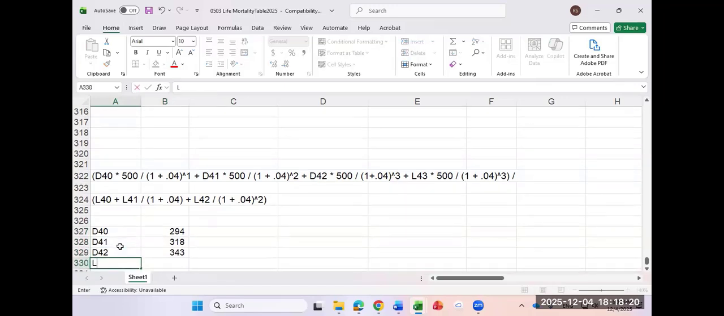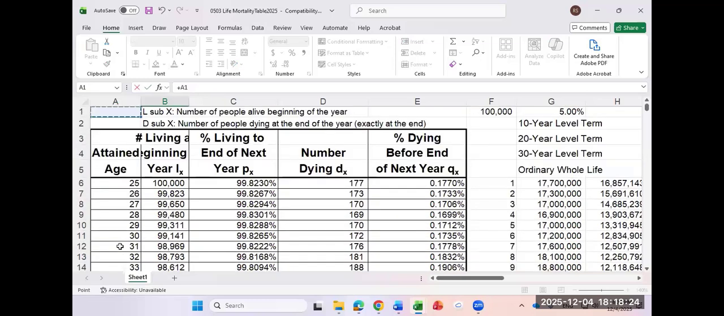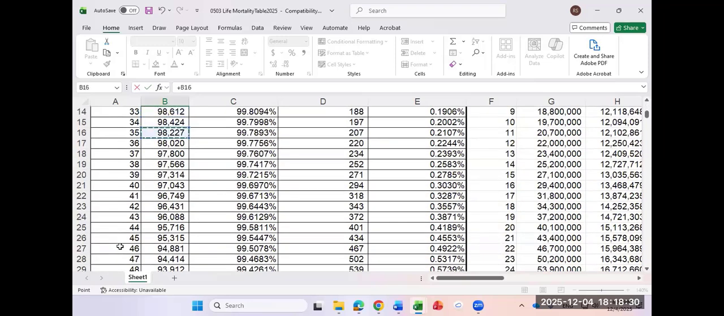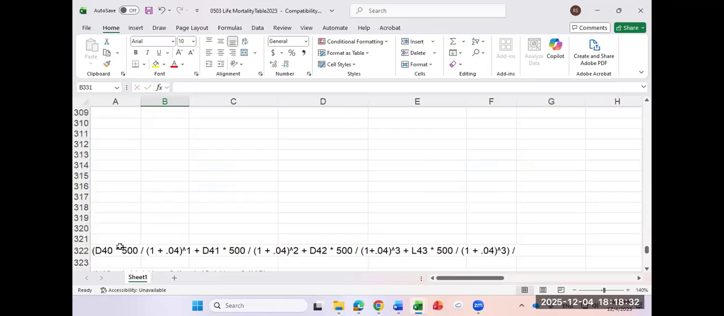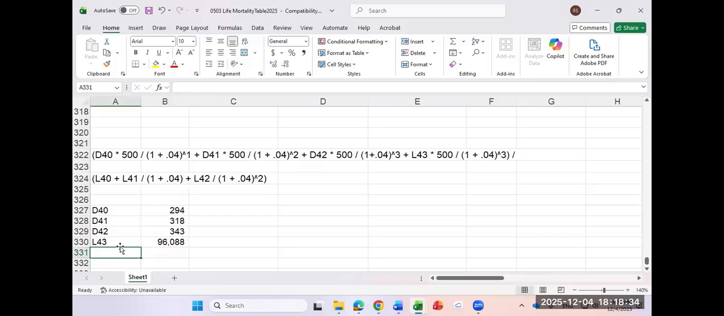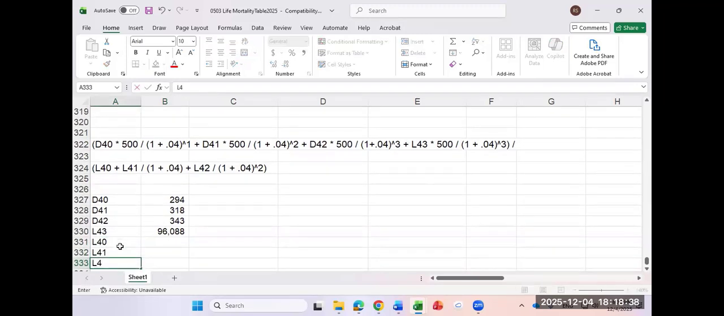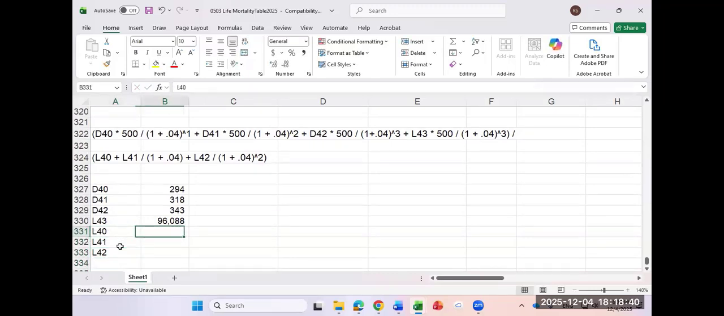And then we need L43. L43, these L's are in the second column, in column B. L43 is 96,088. And then we need our premium payers, L40, L41, and L42. So L40,